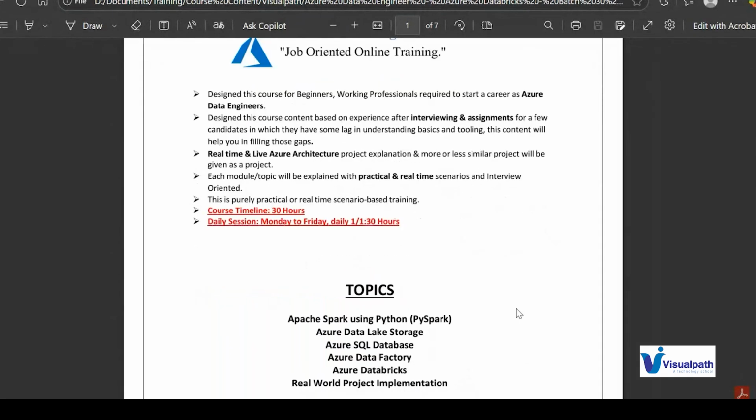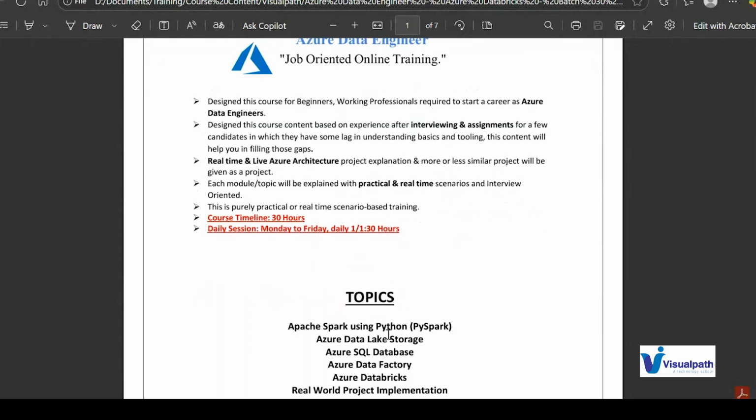Now in this module, these are the important topics that we are going to cover. Okay. So we have Apache Spark using Python, which we call PySpark. Now we have Azure Data Lake Storage, Azure SQL Database, Azure Data Factory, and Azure Databricks. Okay.